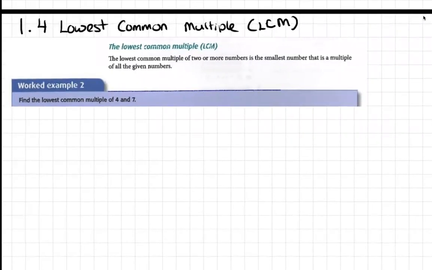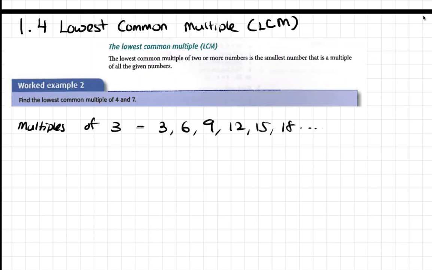So first we need to see lowest common multiple, whereby we are identifying the multiples of two numbers and whichever are the smallest. So if you understand what multiples are, basically the timetable. So let's say multiples of 3 is 3, 6, 9, 12, 15, 18, and so on and so forth. And then if I want multiples of